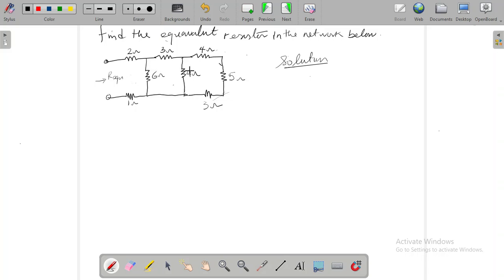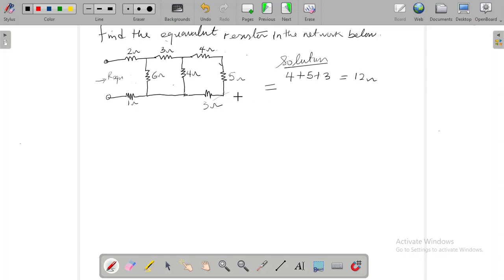So looking inwardly, we'll start from the last resistance here. So we'll look at this last loop. When we are able to resolve the resistance in this loop, then we start reducing the circuit till we have one single resistance. So basically, first is to look at this last loop. Of course, this 4 ohms resistor, the 5 and the 3 ohms here are all in series. So to resolve that, it is going to be 4 plus 5 plus 3, which is going to give us a